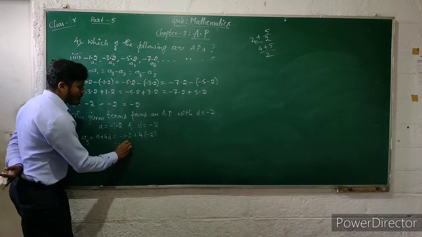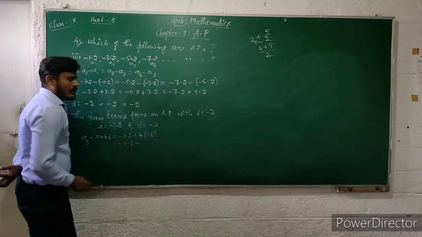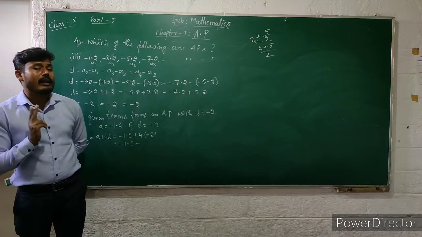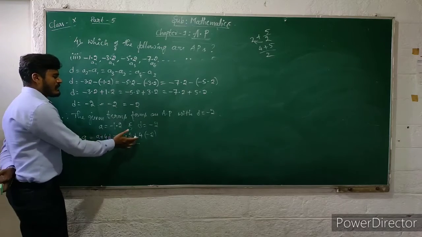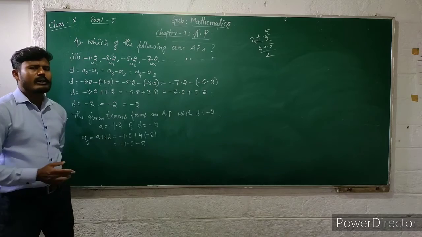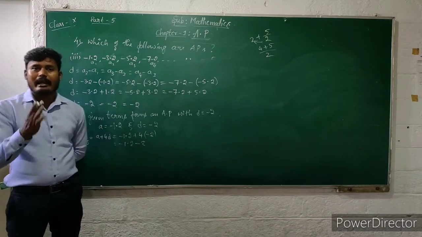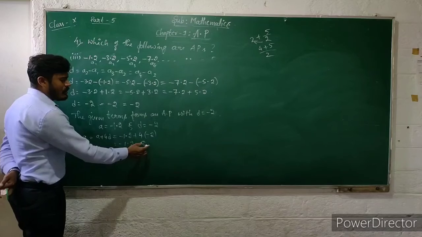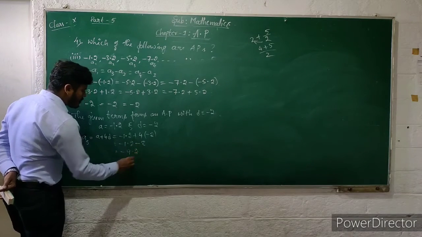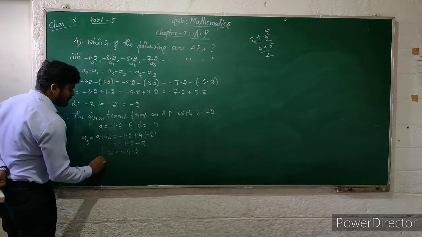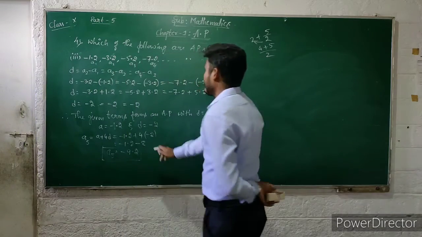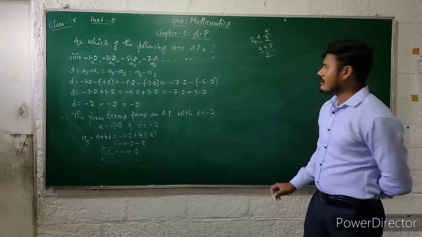So this is equal to minus 1.2 plus into minus, the product of a positive and a negative integer is always negative. So plus into minus, 4 2s are 8. Then the sum of any two negative numbers is always negative. So minus 1.2 minus 8 is equal to minus 9.2. This is the 5th term. The 5th term of the arithmetic progression is minus 9.2.